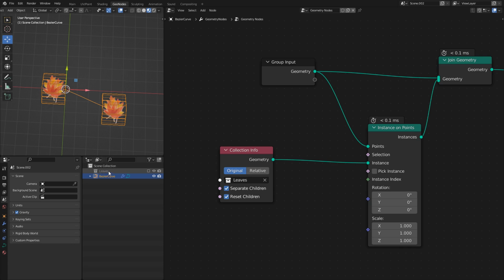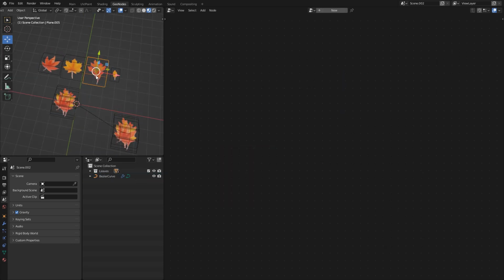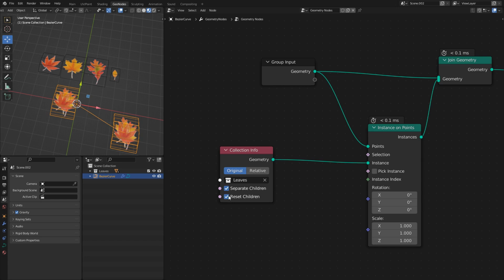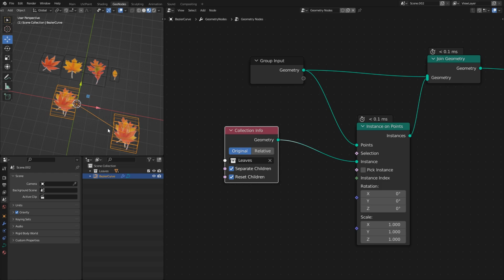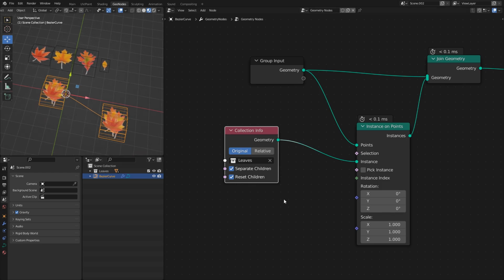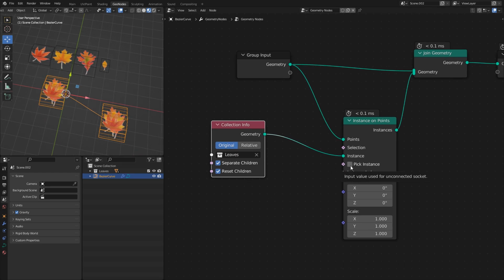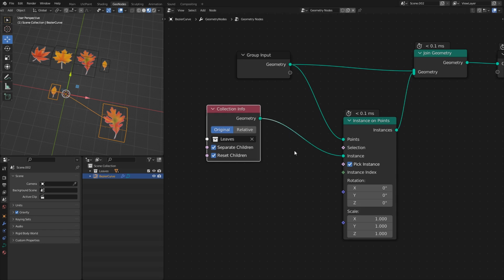So by default, if I look at my collection, everything is offset from the center of the world, and that's why I'm doing reset children. That's essentially what that does. Now however, it's spawning all of them at these 2 points, but I don't want that. What I want is a single one, so I'll click on pick instance, and then I'll need to drive a